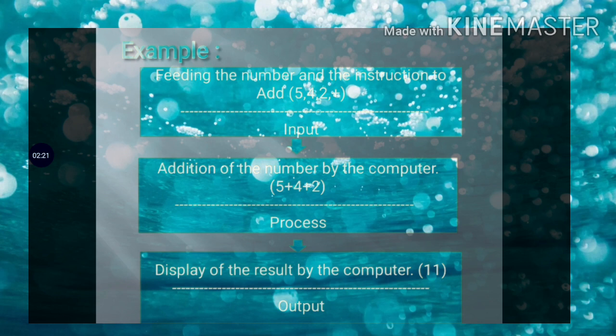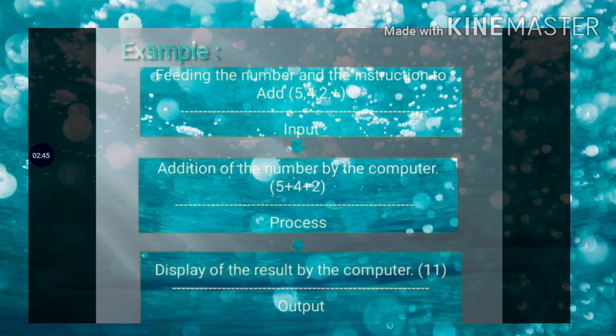Listen: feeding the numbers and the instruction to add. We want to add 3 numbers. For that we have to give the input. In the IPO cycle, first we give input. Here the inputs are 5, 4, 2 and the addition symbol, right?